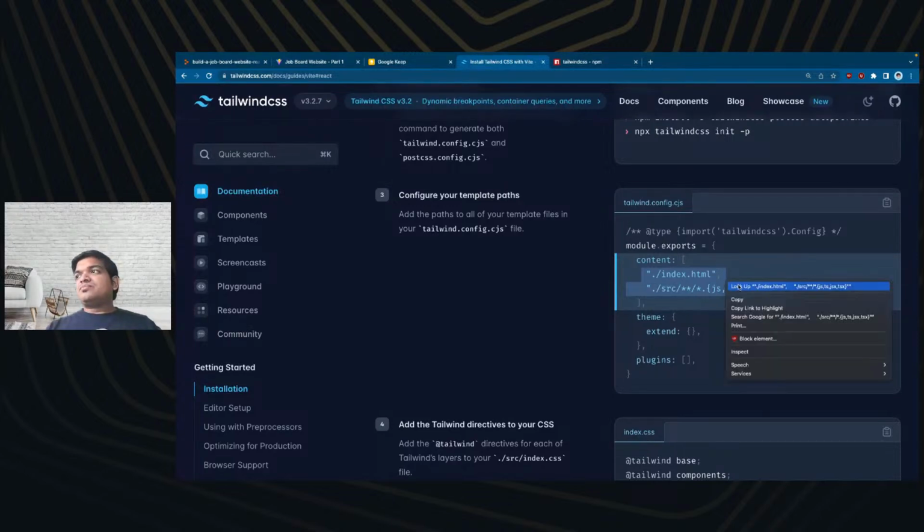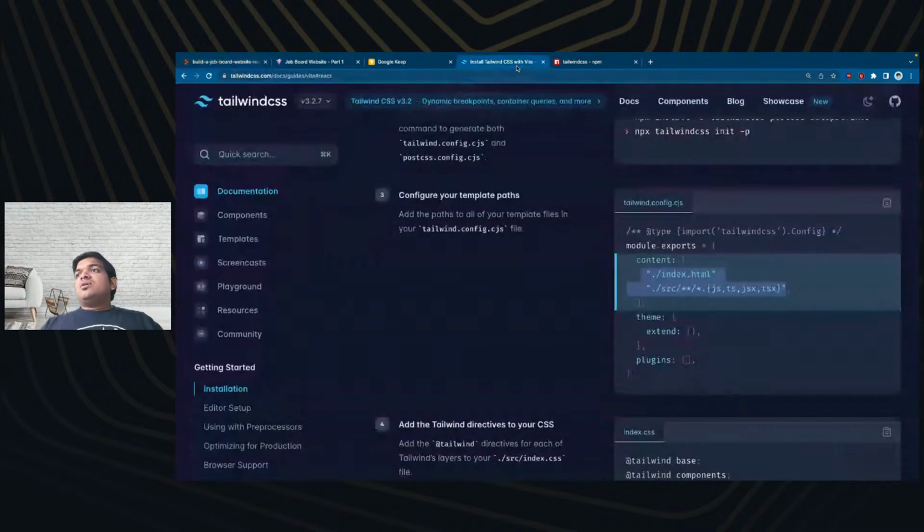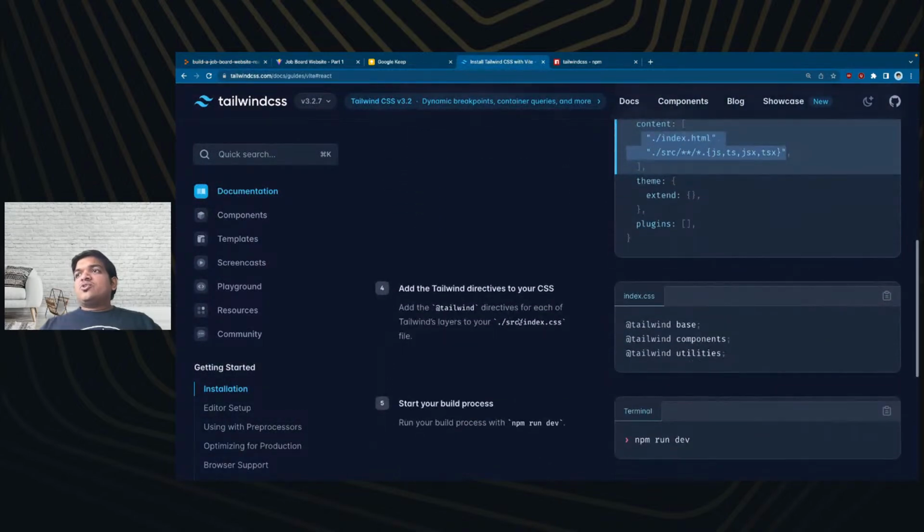Copy this and come to your Replit, and inside this content, it should be an empty array. Hit enter and just paste these two lines. Whatever you copied from Tailwind, just paste them right here. Okay, moving on. Now it's saying that copy this and paste it in dot slash src slash index